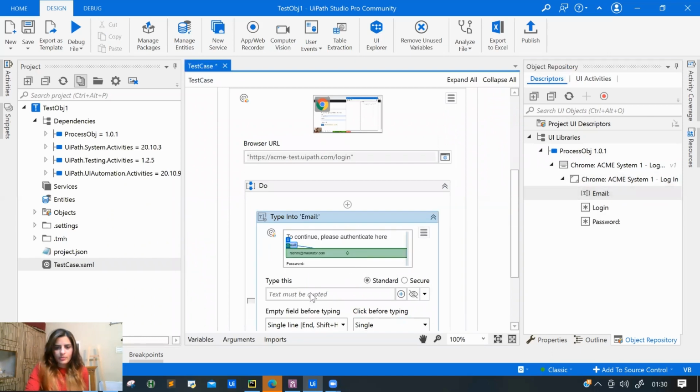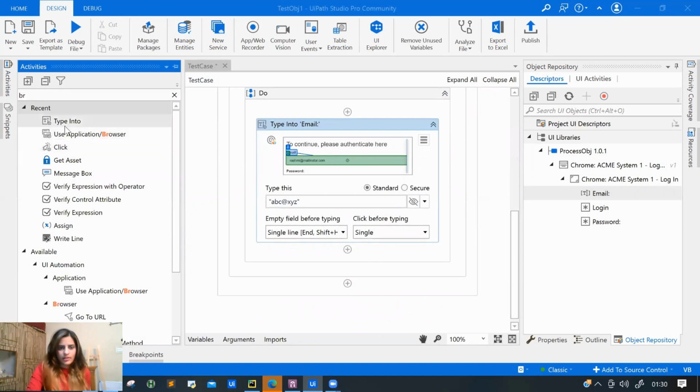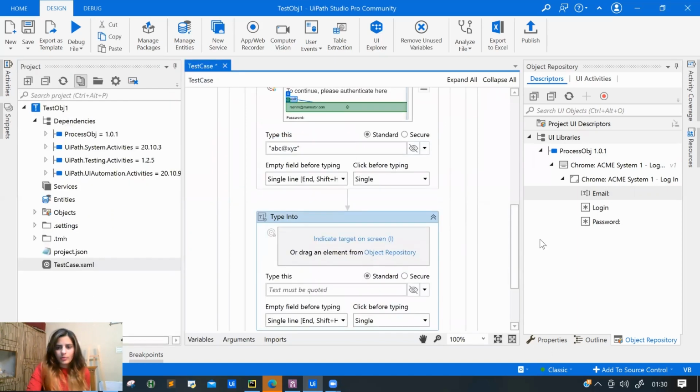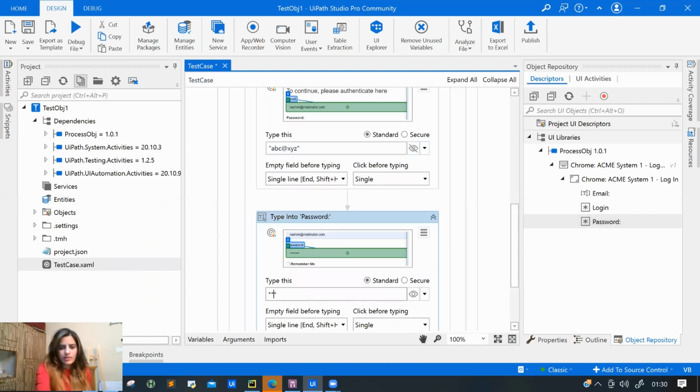I can type into it and give the email address ABC at XYZ, and then again type into, where I'm going to give the password. I'm going to give just for testing 1, 2, 3.